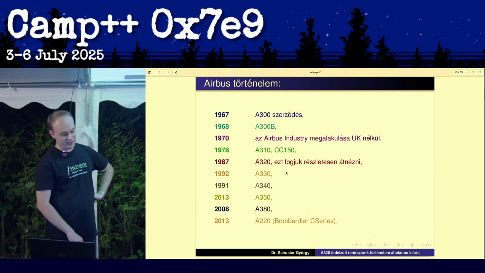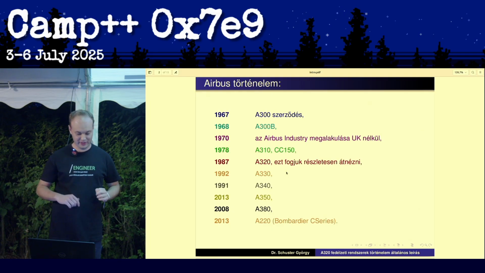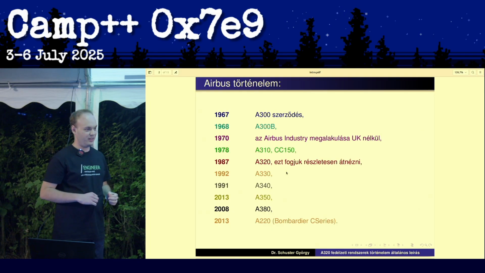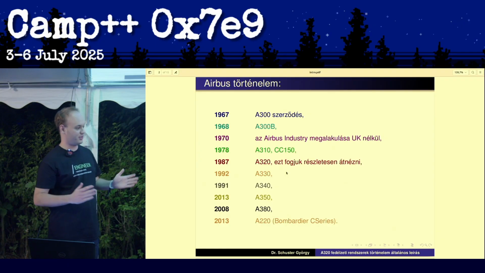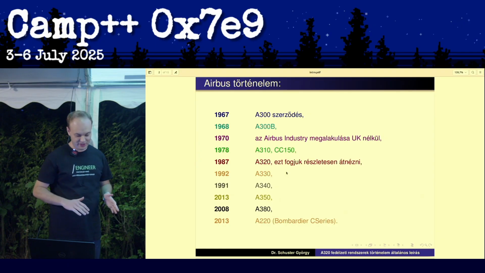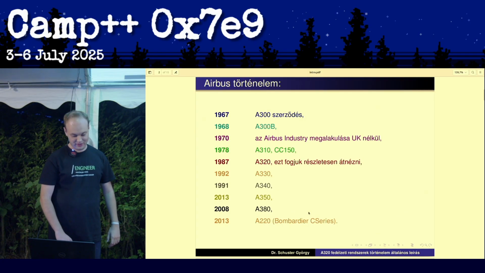So there's the A320 family, the slightly wider A330, the even wider A340 with 4 engines, and there is the A350, which is a similar size but with two more modern engines. The A380, you know that, and